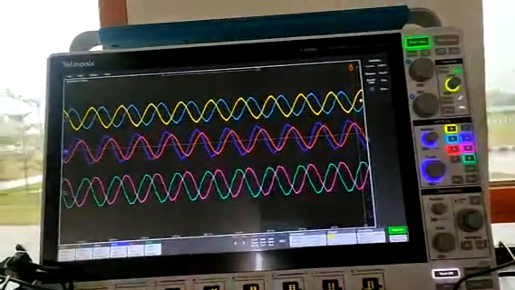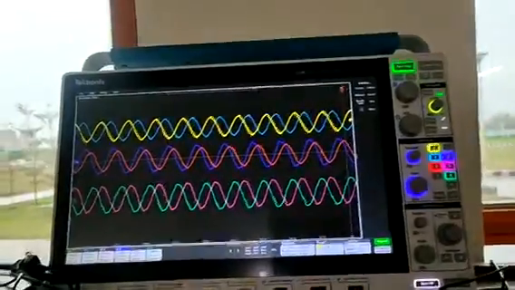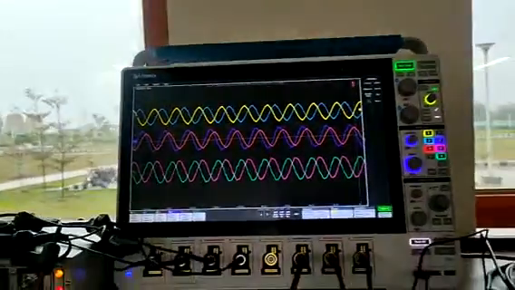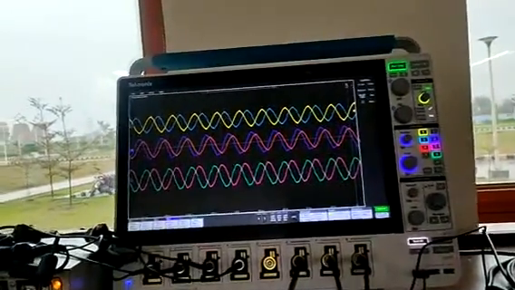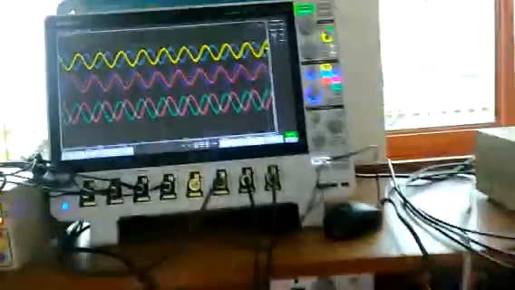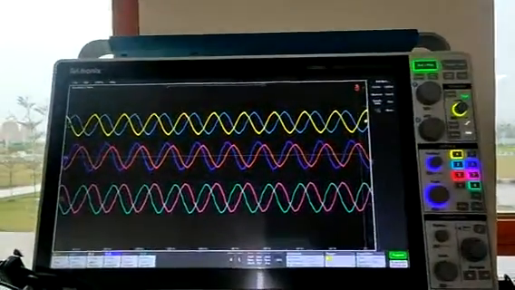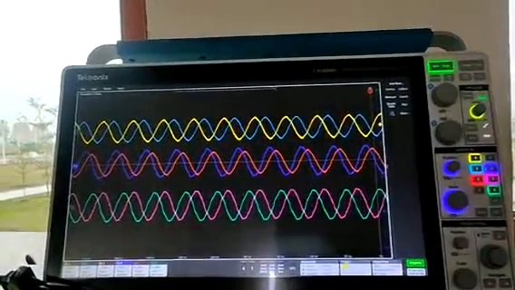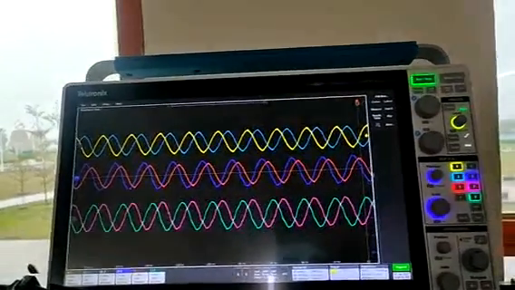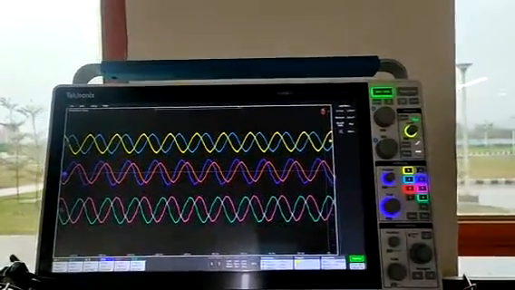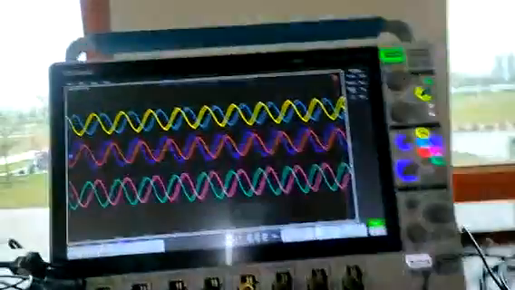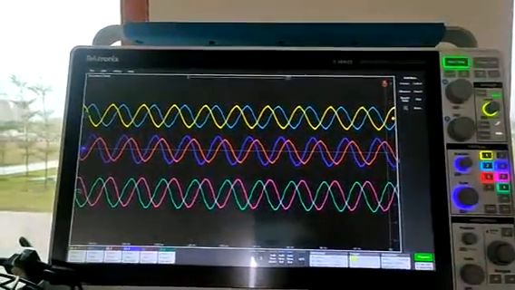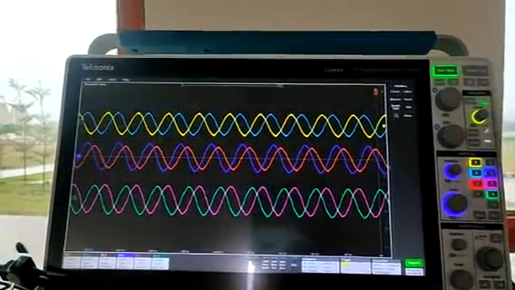So we have full control over ID and IQ. By changing ID and IQ, we get a shift in the current and the voltages with respect to the grid. Even further, you can see there is a shift in the current and the voltages by changing the IQ reference, as you can see on this screen. And this is a further IQ reference change I have made. So now you can see the shift.